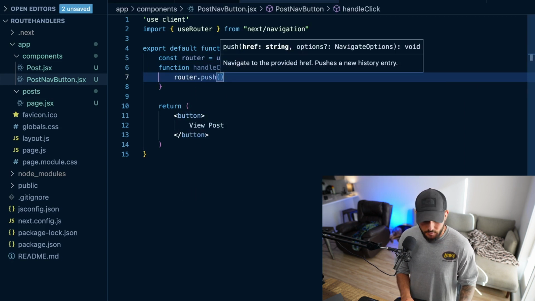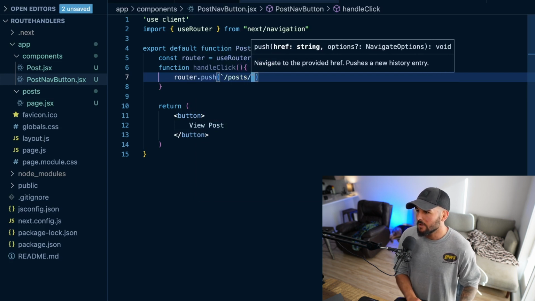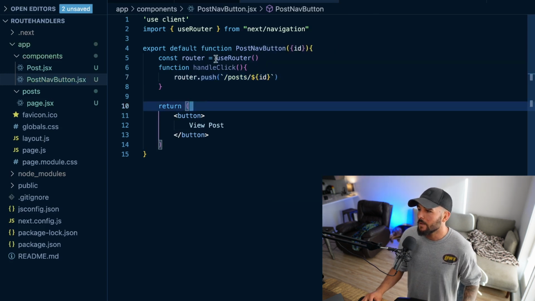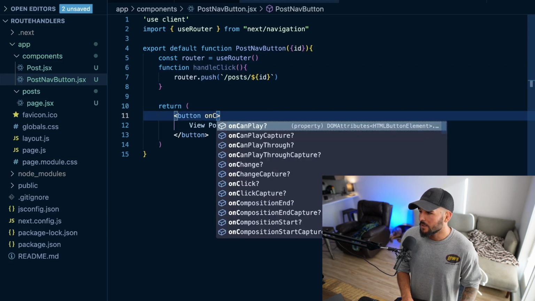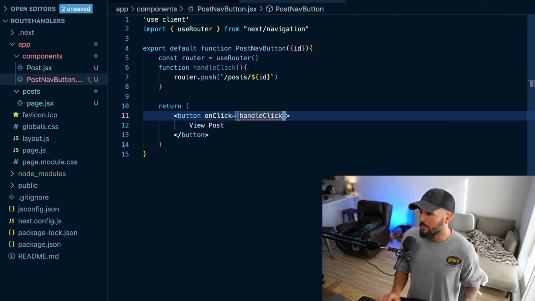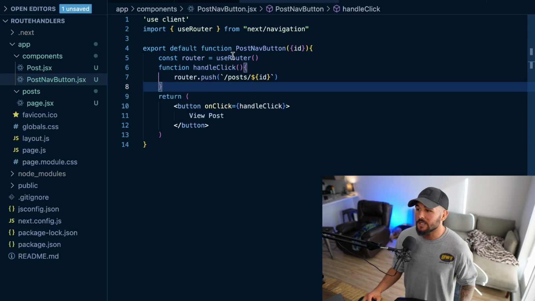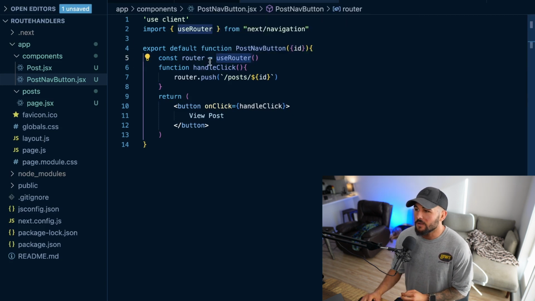And then I'm going to want to push to a template string here in JavaScript. I'm going to do /posts/ whatever my ID is. Okay. And then for my button, my onClick is going to be my handleClick. Okay. So I just made a new client component here because I'm performing client-side navigation. So it needs to be a client component. And I'm importing the router from Next.js. And when someone clicks on my button, it is going to navigate to /post/ whatever the ID of